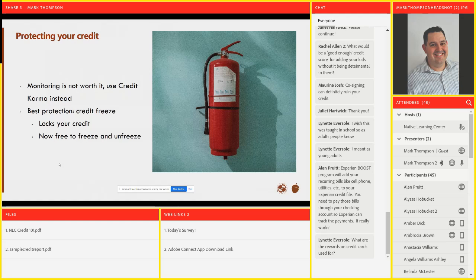I was able with my phone to log into my account, use my code, and unfreeze my account while sitting there. It took me 5 minutes. But I was able to unfreeze my account so they could do a credit check there at Lowe's, and I was able to buy the lawnmower on credit. So it adds another step.